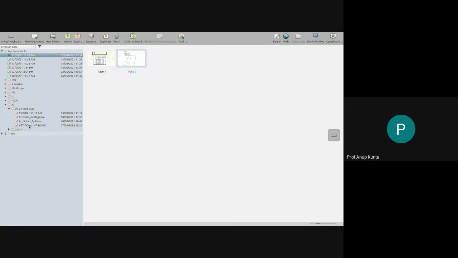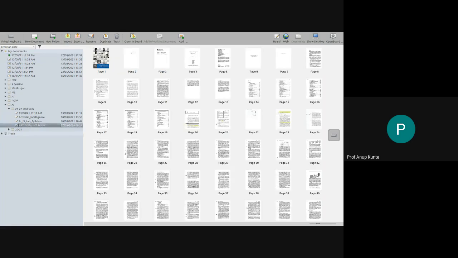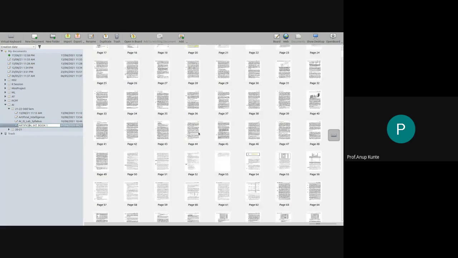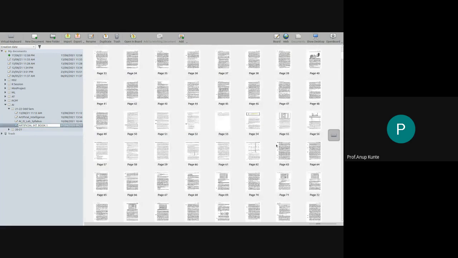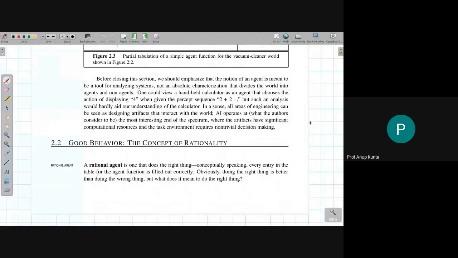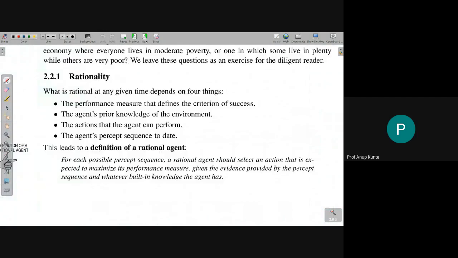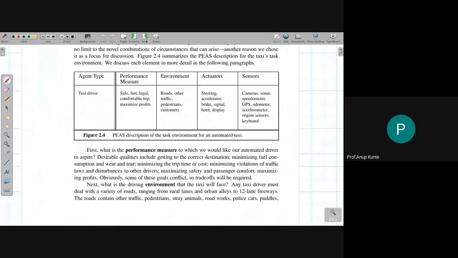So this analysis design I mentioned: if you want to design a rational agent for any AI solution, then you should start thinking about doing analysis of the situation that you see in terms of a rational agent. And that rational agent analysis should begin with articulating 4 things about the task that you are going to solve. I'll just come to those 4 things.